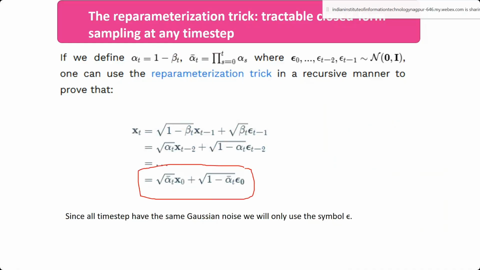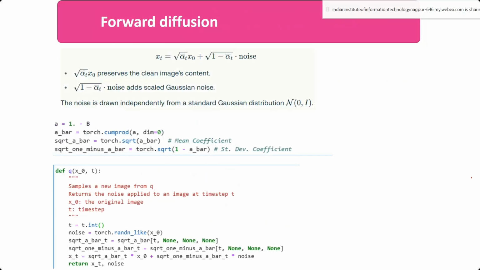This is your actual formula. If I want to get the x5 image based on x0, you are taking the alpha bar cumulative product, taking its square root. Previously it was the square root of 1 minus beta, and here it was xt minus 1. So instead of xt minus 1, I am taking the x0 image, and accordingly you are able to generate the xt image. But here the noise is added in that way, alpha 1 bar, alpha 2 bar, like that. So this is how the code for your forward diffusion may look like.